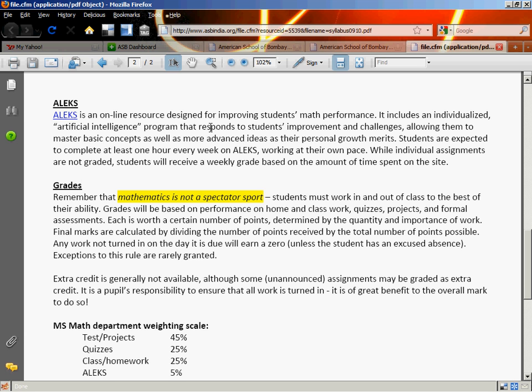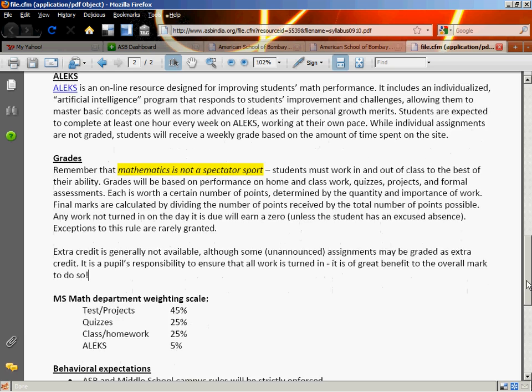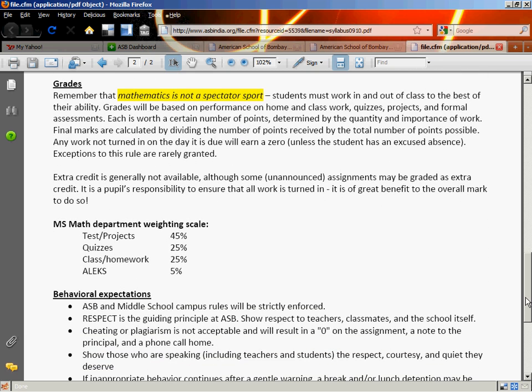week, starting this week. A big piece of advice that math teachers will often give is that mathematics is not a spectator sport. You can't just sit back, expect your mind to be open and me to dump in information. You got to work at it. Okay? It's like doing a sport. It's like learning to play an instrument. It's like doing anything at all that requires some skill. You have to practice at it. All right? And so homework and class sets and Dino and ALEX are all to help you practice and get